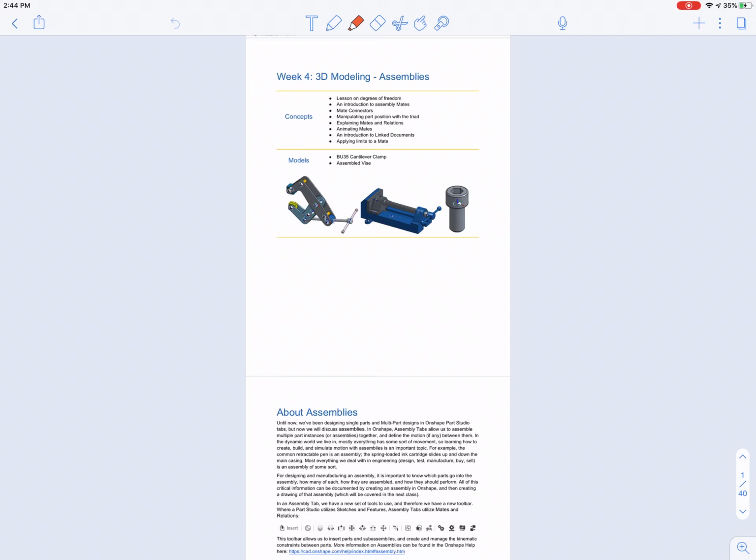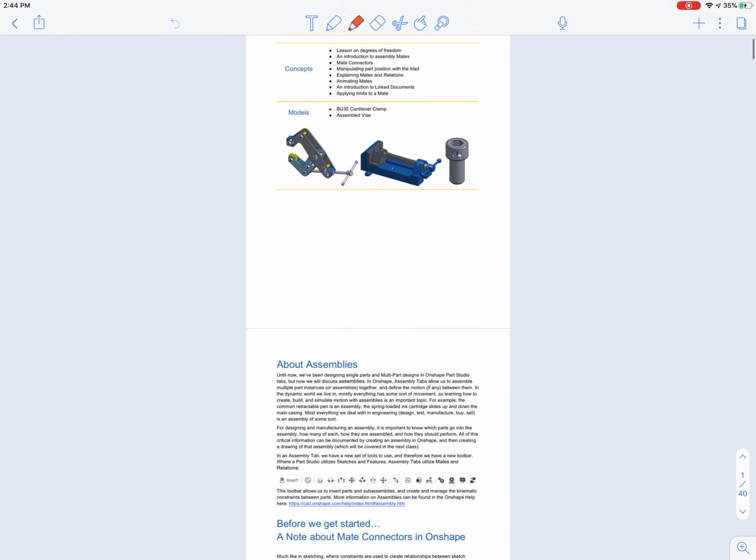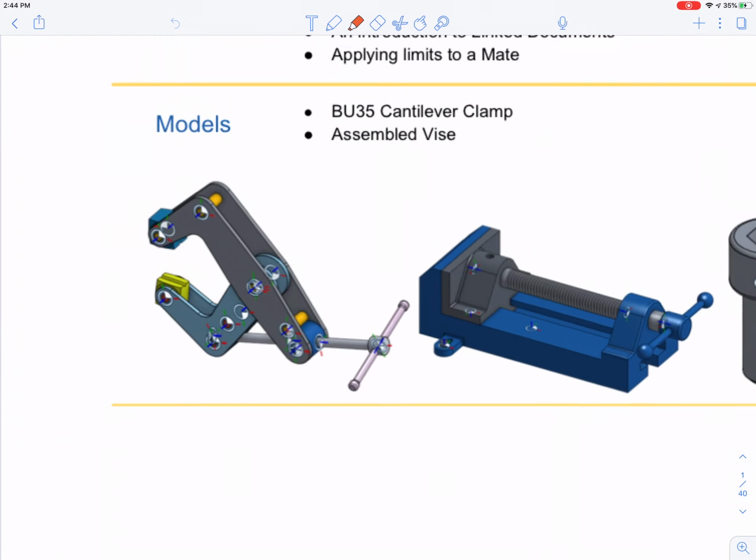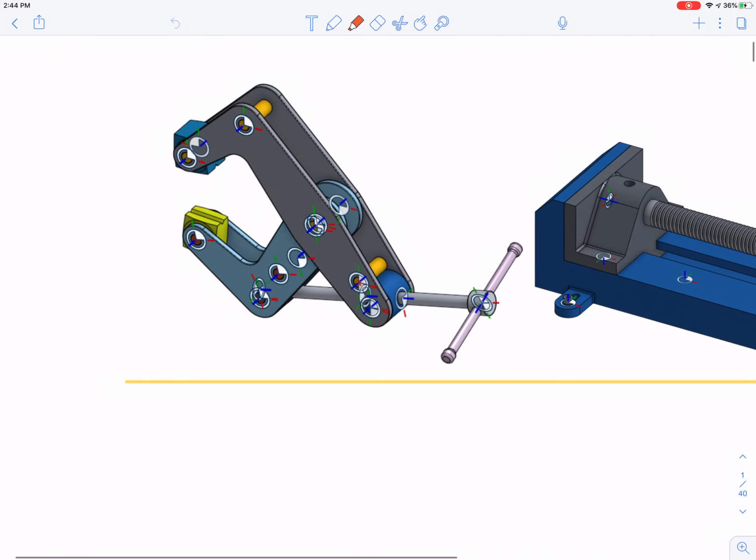Hello, in this video we will go over lesson 4, which involves assemblies. Essentially what we are doing is moving parts from our part studio into the assembly tab, and we are putting together all of the different parts of our drawing into an actual assembly where the parts interact with each other. So they don't just look like they go together in a machine, but they actually interact in a